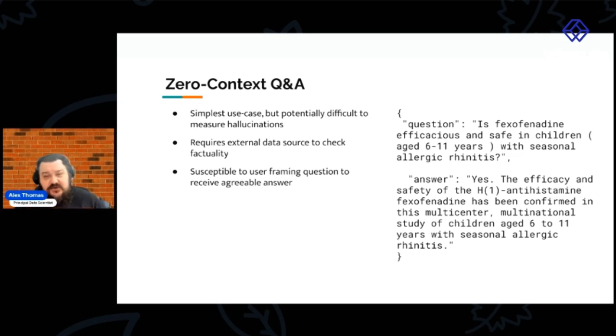It's difficult to measure hallucination at times because you need to find some sort of external data source to check the accuracy, factuality, what have you. And this is, as I was saying before, very susceptible to this notion of user framing. A lot of the newer LLM models have actually begun to train specifically to combat this, so that if someone asks a question like, why is South Carolina barbecue worse than Texas barbecue? Like, that frames it as if that is the case.